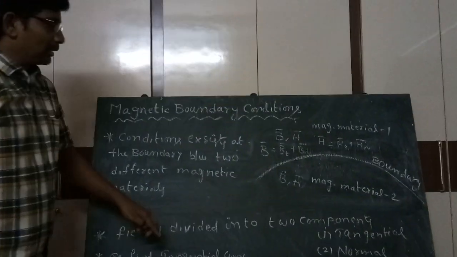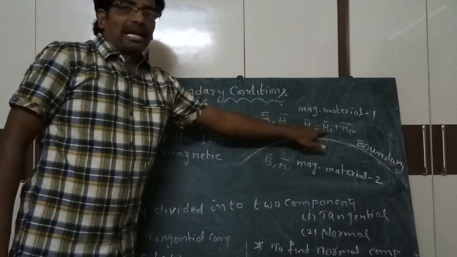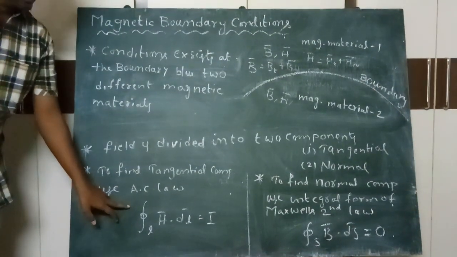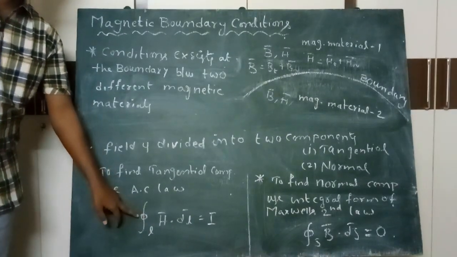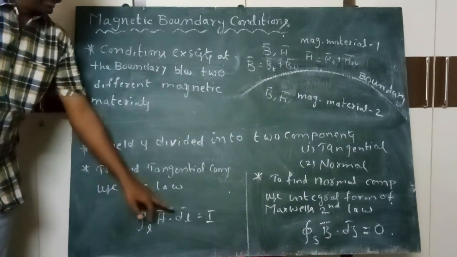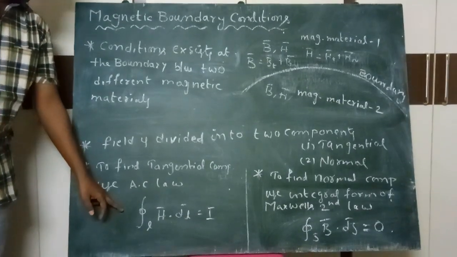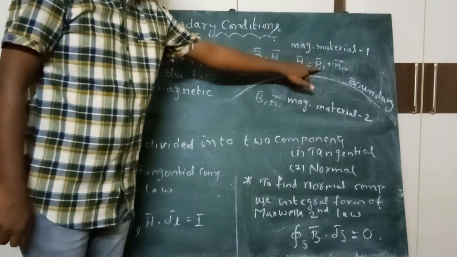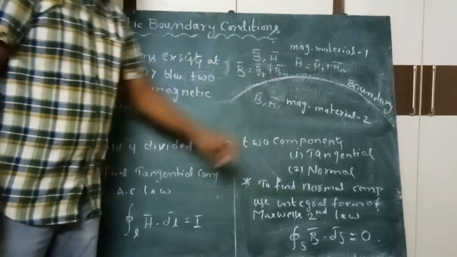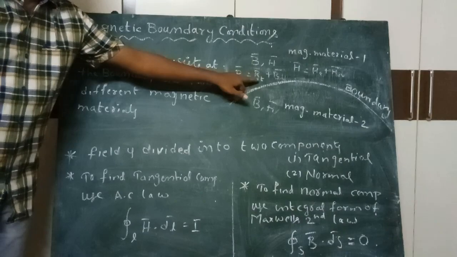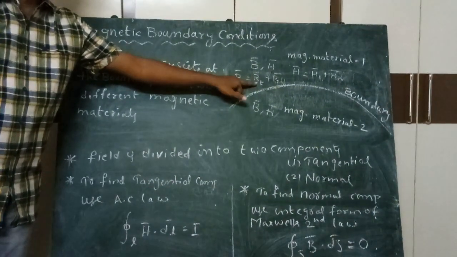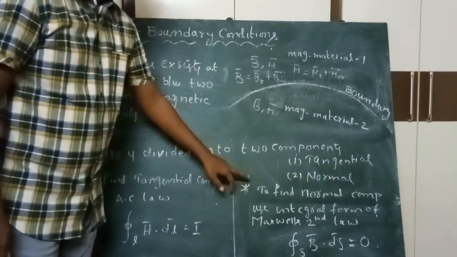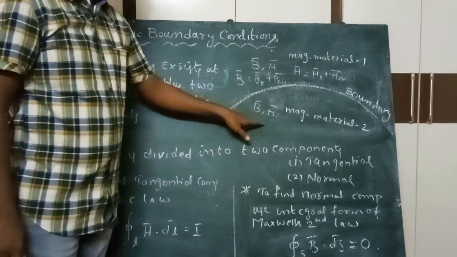Now, in order to determine the tangential component of magnetic field intensity, we need to use Ampere's circuit law. That is, the line integral of magnetic field intensity around a closed path is equal to the total current enclosed within the closed path. So by using this law, first we can determine the tangential component of magnetic field intensity. After that, we can determine the tangential component of magnetic flux density by using the formula B equals mu into H. Similarly, to determine the normal component of magnetic flux density,